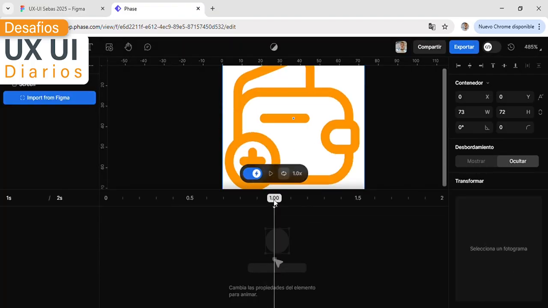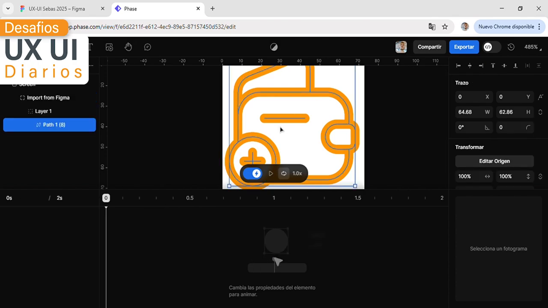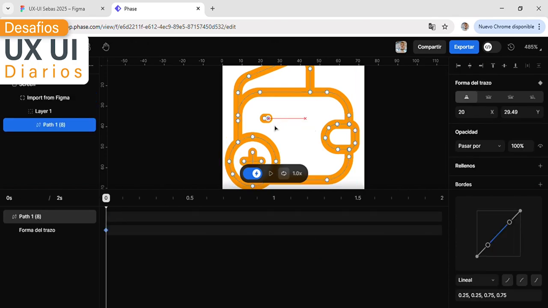Here, we'll define what part of the icon we want to animate using a 2 seconds timeline loop. Let's carefully set the starting position at 0 seconds and the ending position at 1 second to create a smooth